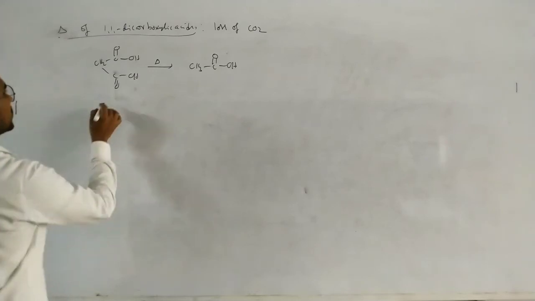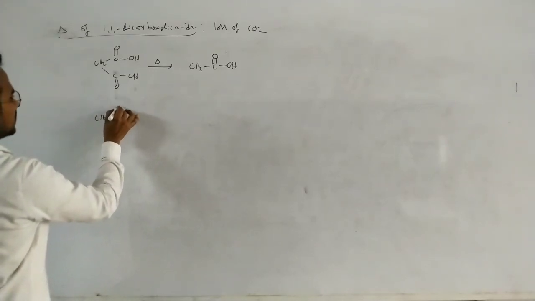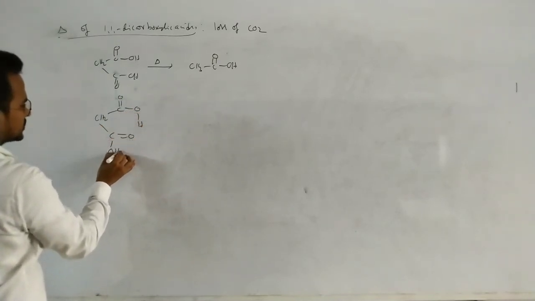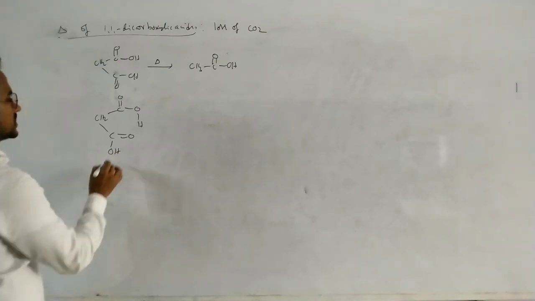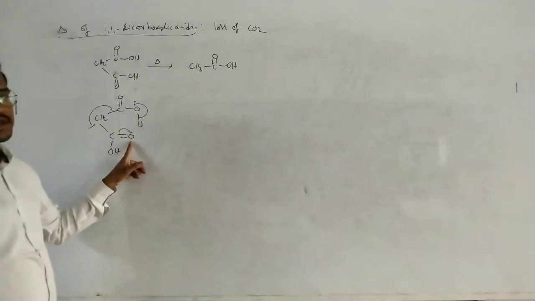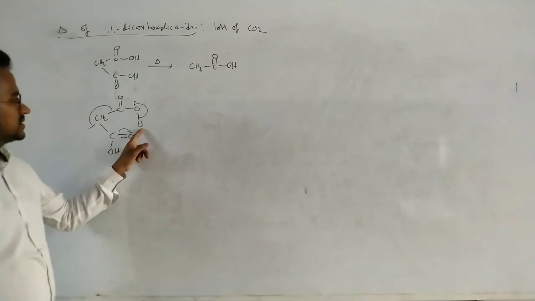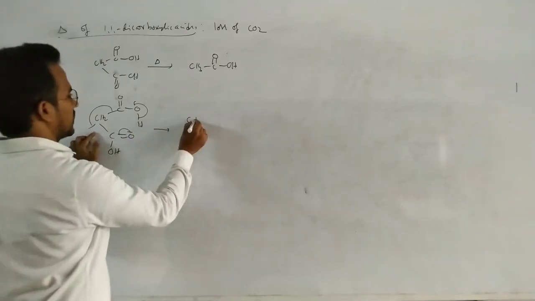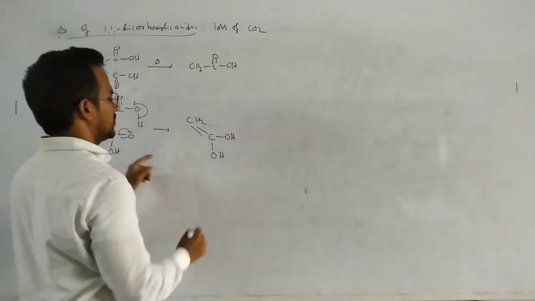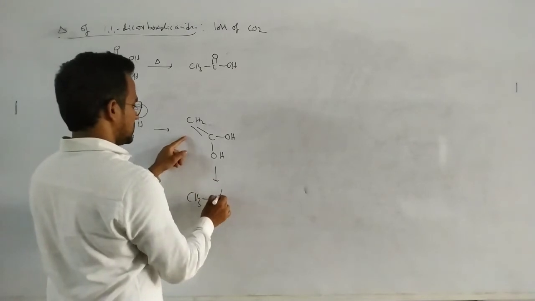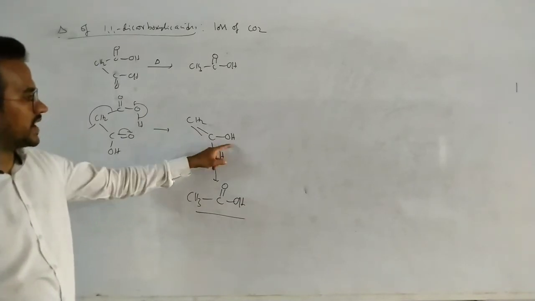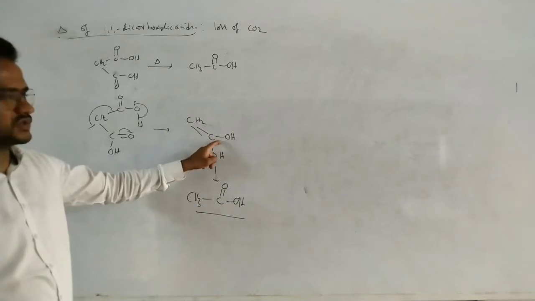In this case, this one also takes place by transfer of electrons. So OH, C double bond O, OH. Here, loss of electrons. So a loss of CO2, and this one carries a negative charge. This negatively charged oxygen catches this H plus. So here, CH2 double bond C OH, and this OH. Now this one is converted to CH3 C double bond OH. Enol form is converted to keto. The hydrogen is transferred to this carbon and the double bond is transferred to this position.